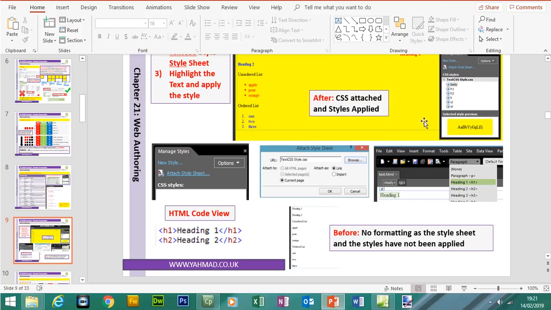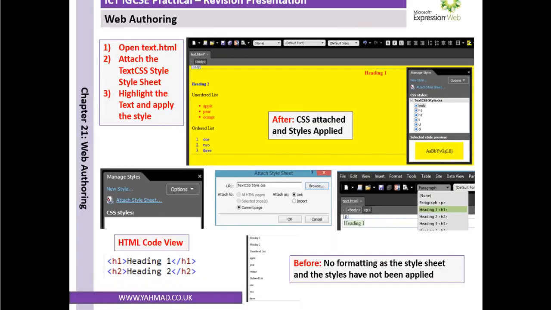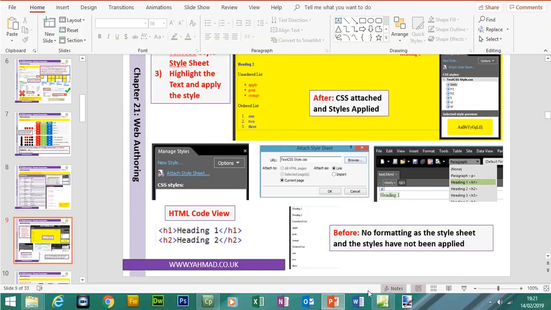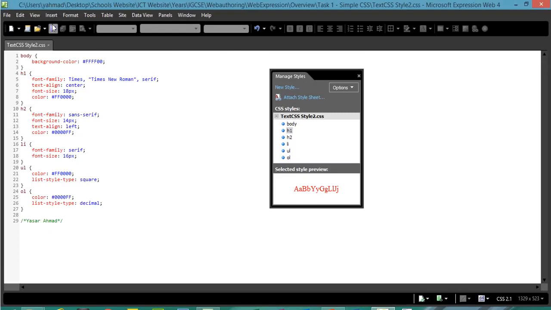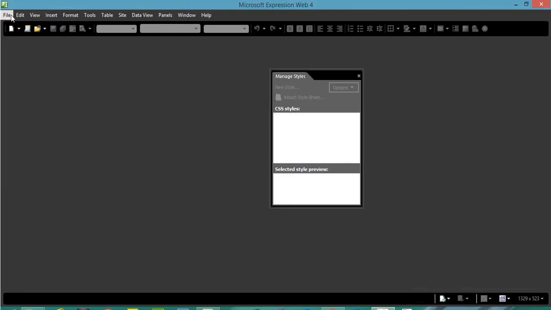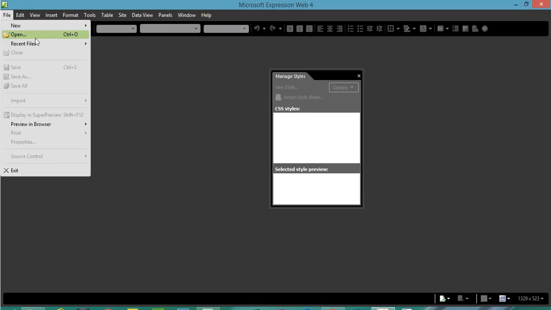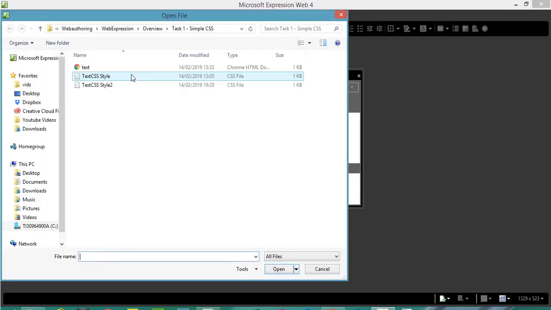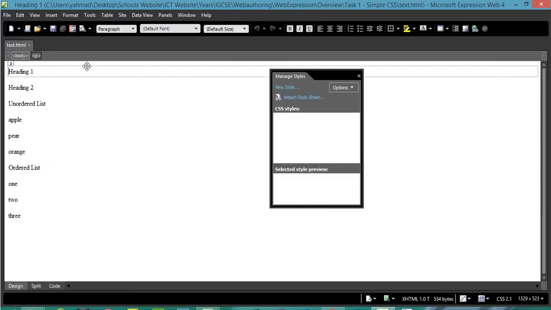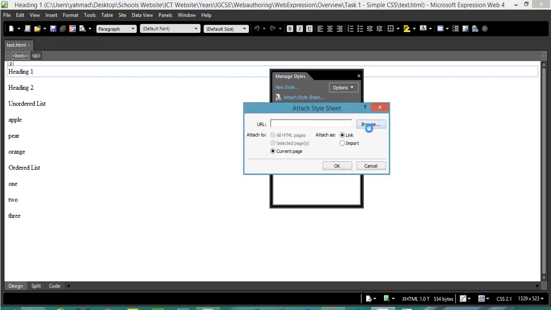So let me open up the HTML page now that we're going to be, oops, why have we gone to there again? If we go back to here, so we can close this down now. If I go to file, open, this is a file that we need to basically edit. Okay, so as you can see, there's no formatting applied. To attach the style sheet we just created, click on attach style sheet, browse,